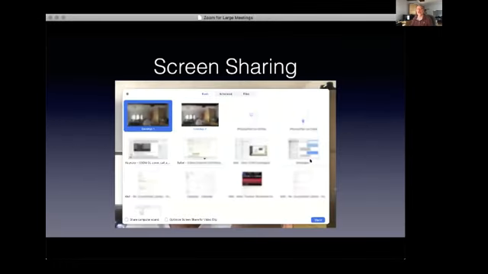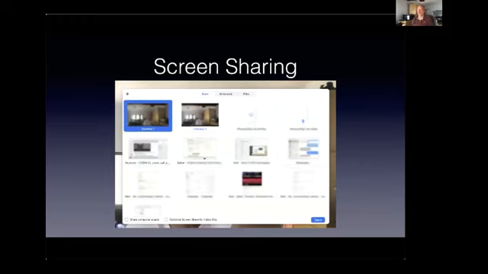When you click on that screen sharing icon, you get what can be a very confusing screen. Top tip here is, before you start your Zoom meeting, if you know you're going to be sharing your screen, only have open on your desktop or on your computer those things which you're going to need to share. It can be very easy to click on the wrong icon in the screen, and nobody needs to see your shopping list or your holiday photos or worse. So just try and minimize the clutter, and then you won't inadvertently share the wrong information.